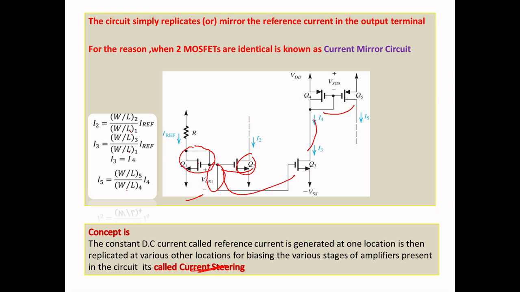Consider, suppose you have n number of transistors connected like this. See, this is transistor 1, M1, this is M2, and this is M3. Similarly, you have n number of transistors. Suppose I want to find the load current. This is the final part, consider. So how many transistors are you having? 1, 2, 3, 4, 5.